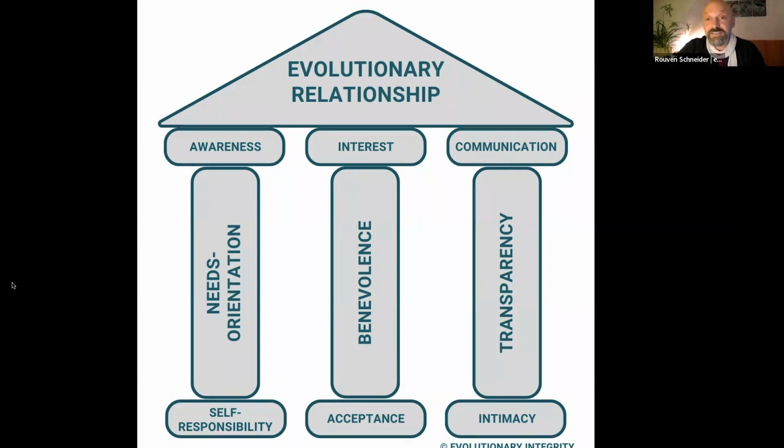And here the awareness, and always deepening awareness, about what I bring is important. And as I mentioned earlier, the self-responsibility to not just take it as it is and look for someone that fits my preset, but rather see: is what I bring actually something you could relate with, or is there some work to do on my side, and how can we find it, and whatever. So this is what makes the first pillar very sustainable. It's looking at what you bring and what you want and what you need. This is the needs orientation. The second pillar,